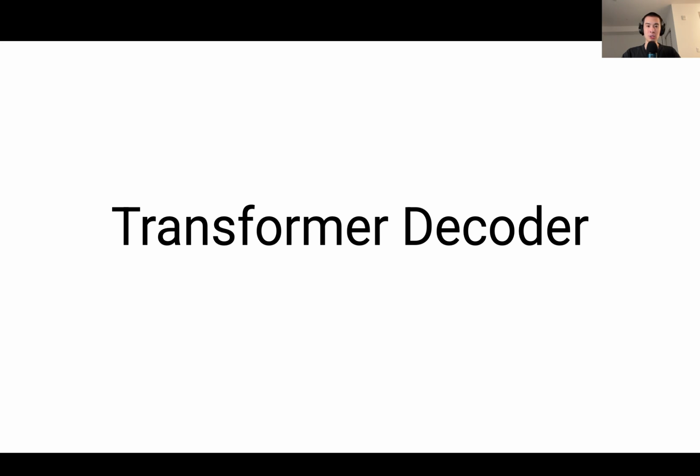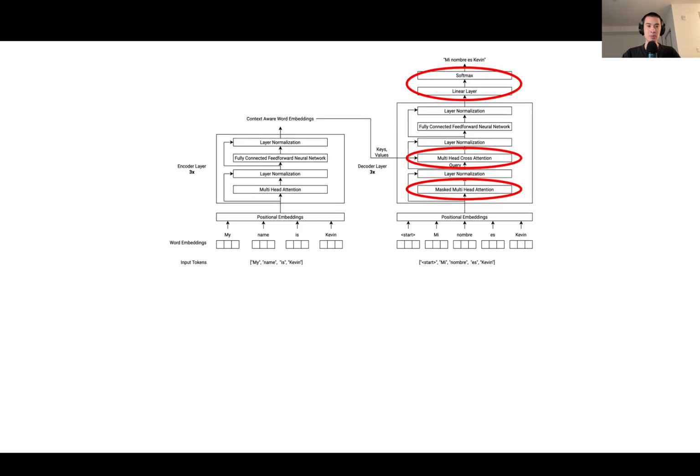Let's talk about the transformer decoder. So, the transformer decoder, which is on the right hand side here, is similar to a transformer encoder, but there